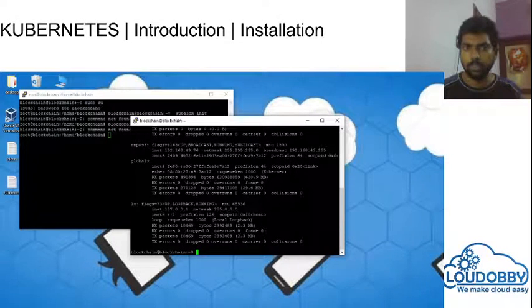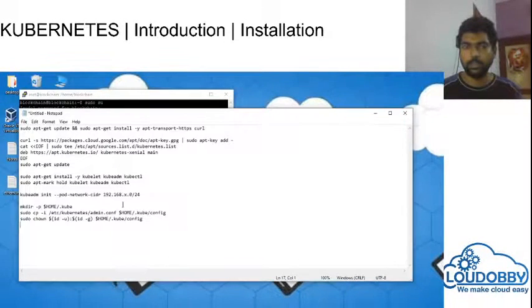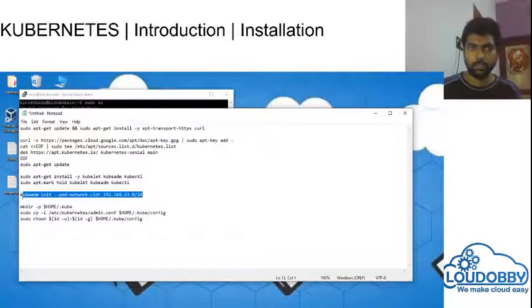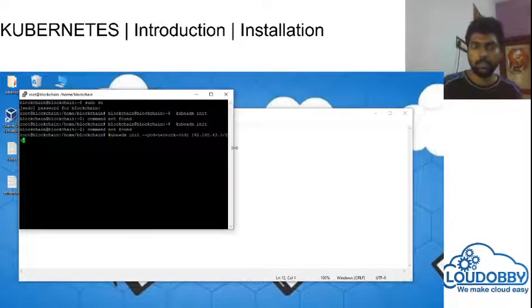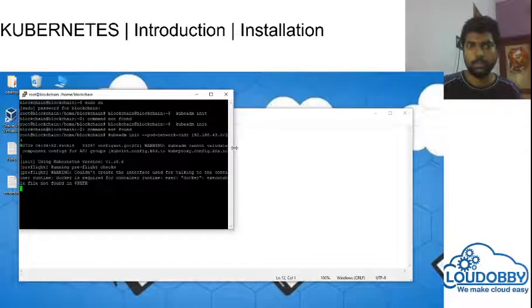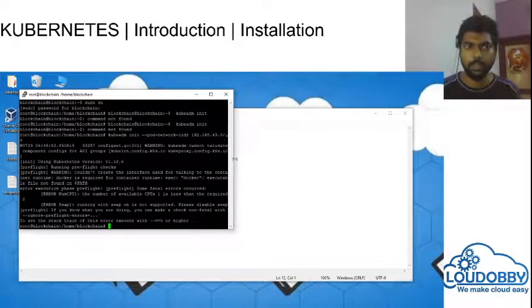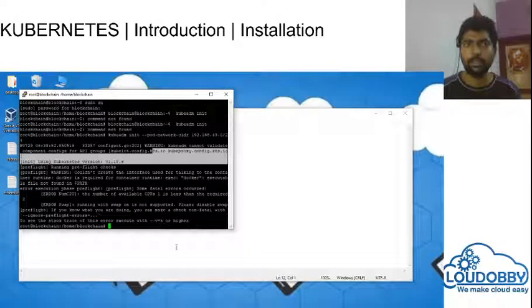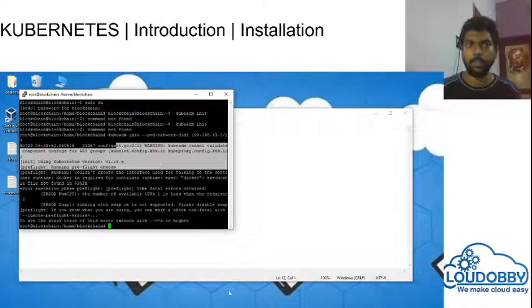So I'm just changing the IP address, 43. The range is 43. So it is giving an error using Kubernetes version, running to see the stack trace. Warning, you cannot validate the component configured in the apt proxy. So it uses some proxy. We need to ensure we are not running any proxy over here.